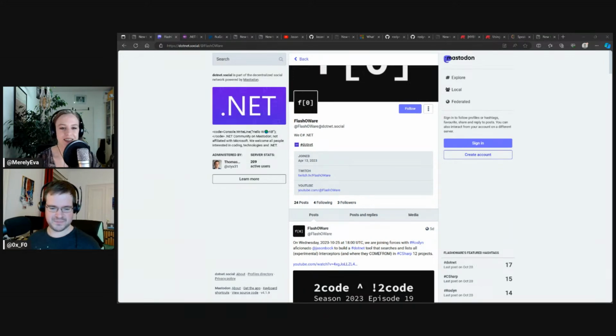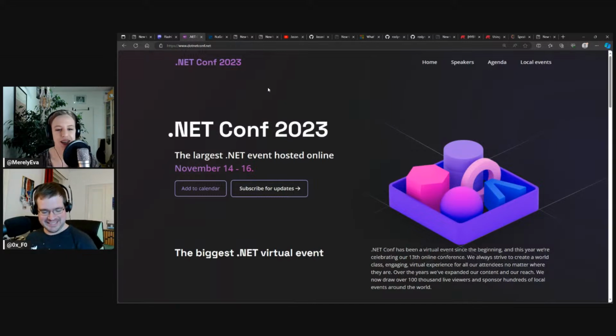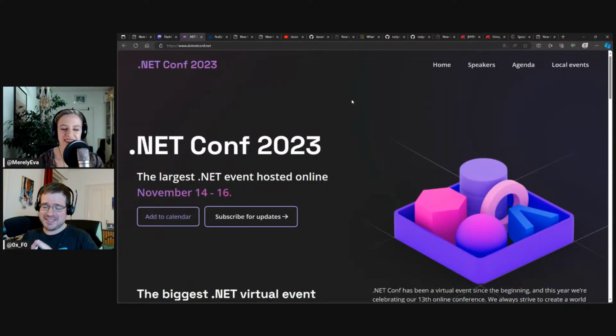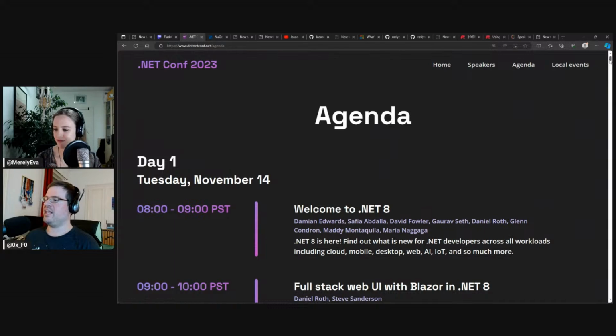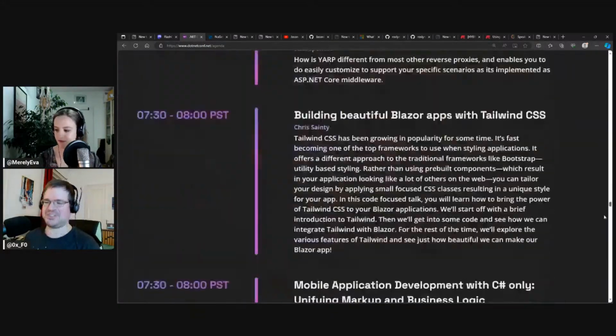And let's start, I suppose, with .NET news. It's end of October, which means it's almost November, and November is .NET Conf time. The yearly .NET Conf in November also marks the next release of .NET. It will be .NET 8 together with C# 12, and this will ship a feature in experimental state that we will tackle today. You can take a look at the agenda of the .NET Conf, and I'm posting the link in the chat if you want to follow that. It will be from 14th to 16th of November, and there is tons of content.